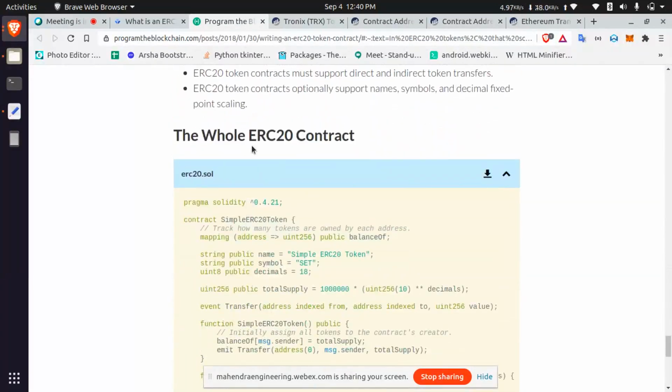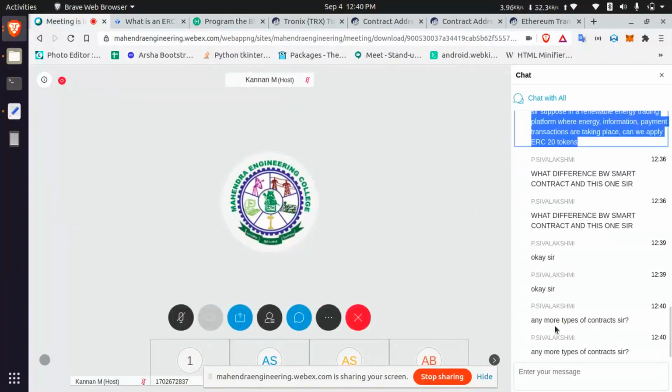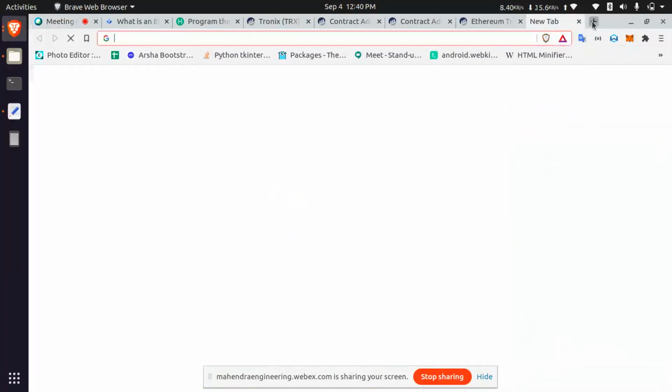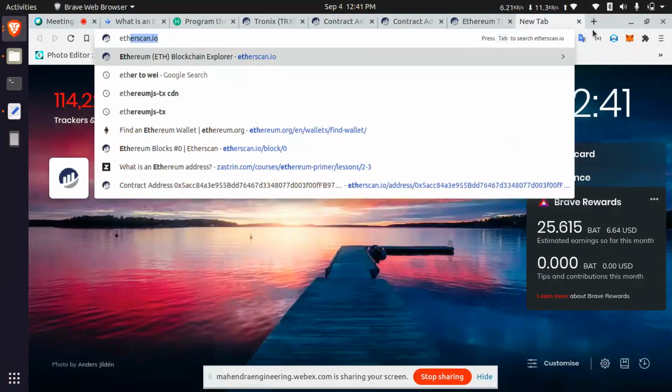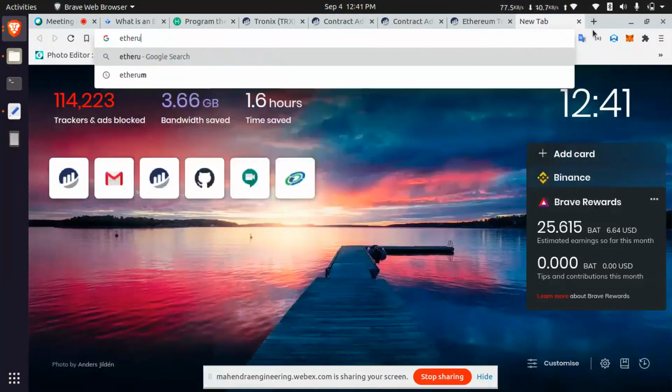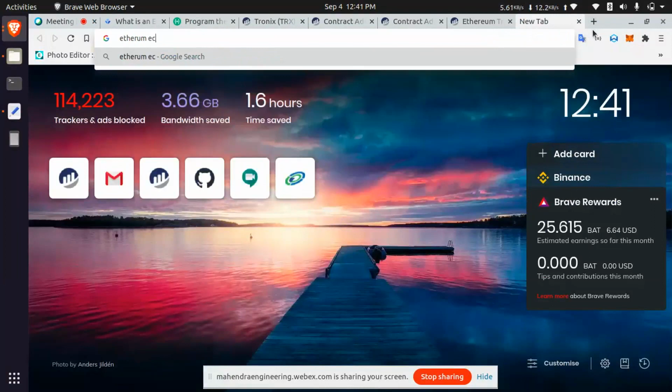Are there any more types of contracts? ERC20, ERC721, and you can see more, but the maximum used are ERC20 and then ERC721. Let's search Ethereum ERC tokens.